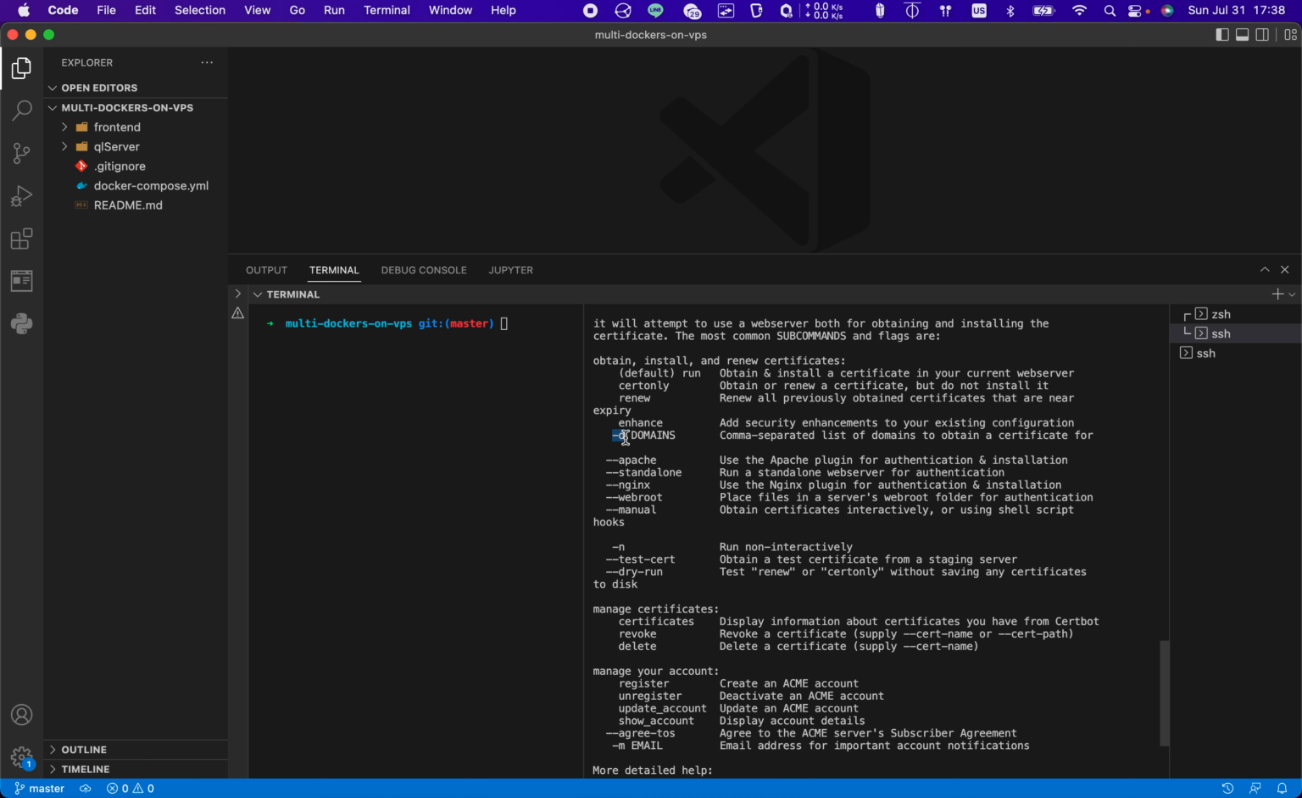Okay, I think it's this one. Domain 4. Okay, we do have the certain domain, right? So it means which domain we are going to give a certification. In this case, it is the Nginx